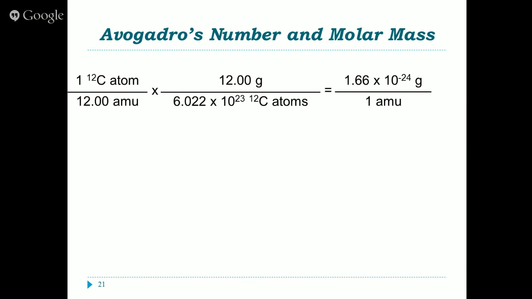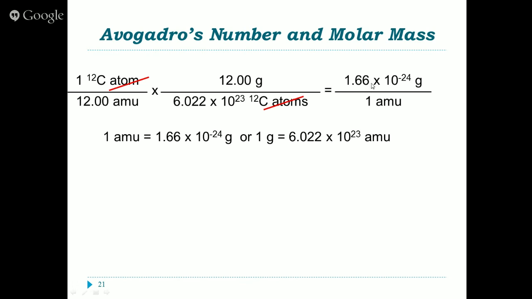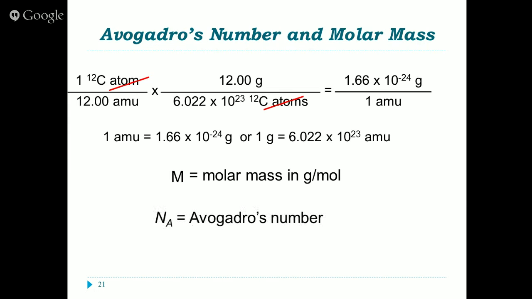So here's the picket fence, which shows how the mass can be determined. 1.66 times 10 to the negative 24 grams is equivalent to 1 atomic mass unit. So we have a conversion factor here because I said carbon 12 is the standard from which all other atoms are measured. So 1 gram is equal to 6.022 times 10 to the 23rd atomic mass units, or if we see here, that is 1 mole. So we have grams per mole. Molar mass, here is our unit, and we have conversions then to go between mass, moles, and number of atoms.